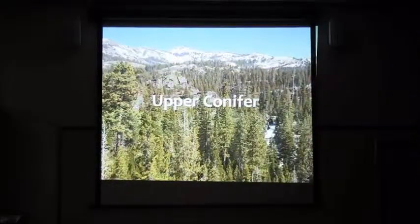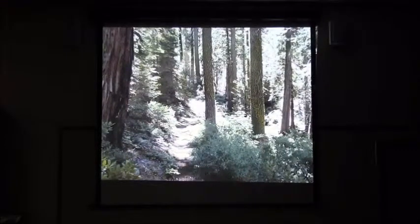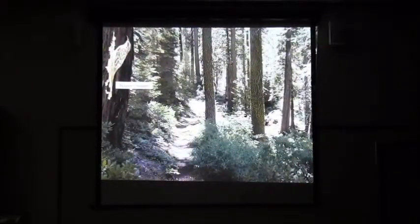Now, moving up into upper conifer, we're getting to a little higher elevation. A lot of this nice old growth kind of forest. A lot of classic birds that like to spend their lives on the bark, like brown creepers. Brown creepers, of course, will almost exclusively forage up. So they'll typically go from low in the trunk going up, and then they'll fly to the bottom of the next trunk and go up on that. Until you're leading a field trip and you tell people they always go up, and then the next one is...